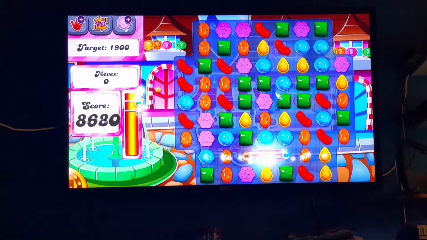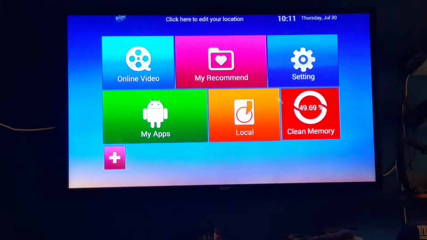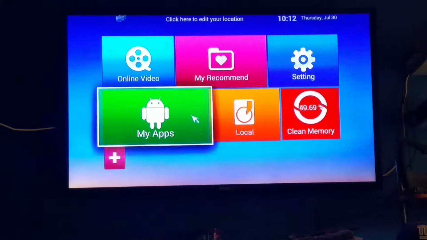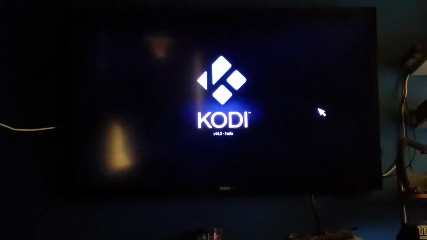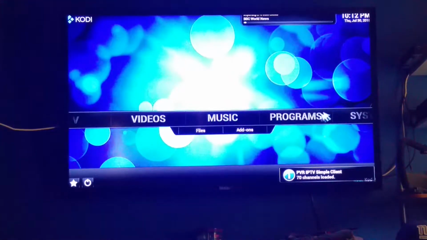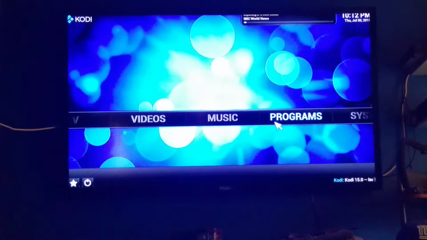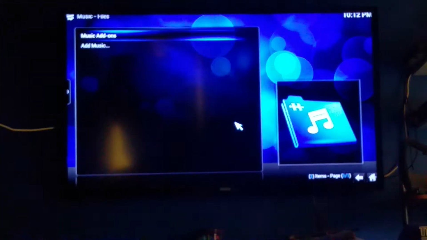But like I said, this is not for the game. This is just for movies and other stuff. So let's go to the Kodi app since I talk about it so much. Now, there are other boxes out there, all right? Pretty much all these boxes do the same things. So look, got music.